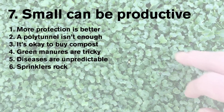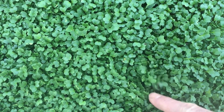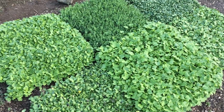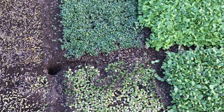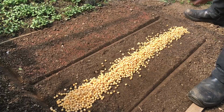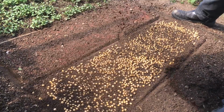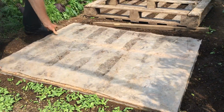I decided to try growing microgreens for the first time last year, but I wasn't really expecting much as I thought that these were a bit of a low-yielding novelty crop. But then I tried growing them directly in the soil of the polytunnel, and I realized they could be a really productive crop. Because of the fast turnover from sowing to harvest, quite a few crops could be sown in a season in the same piece of ground,